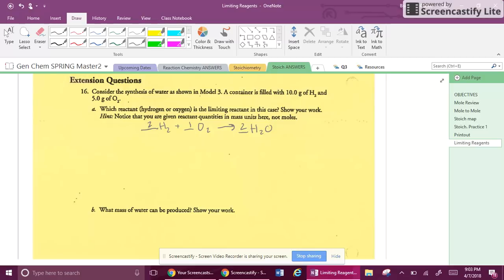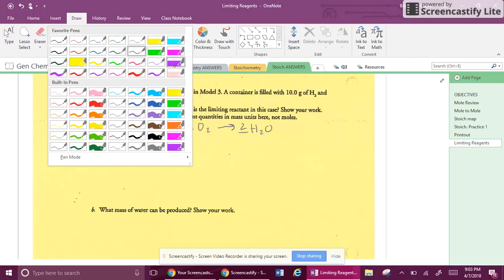So it's the same thing we've been doing this whole time. It's on a new page and it talks about limiting reagents. It doesn't matter. It's all the same stuff. We're doing the same thing, putting the puzzle pieces together. So it looks different because